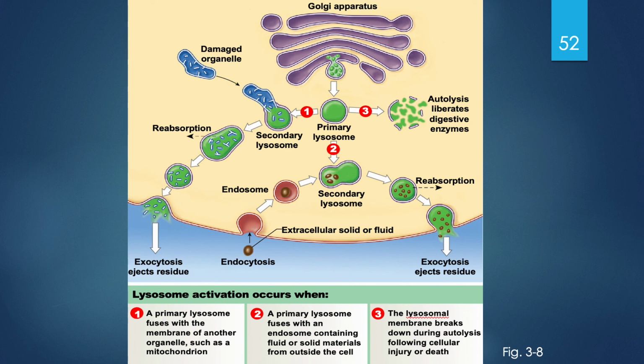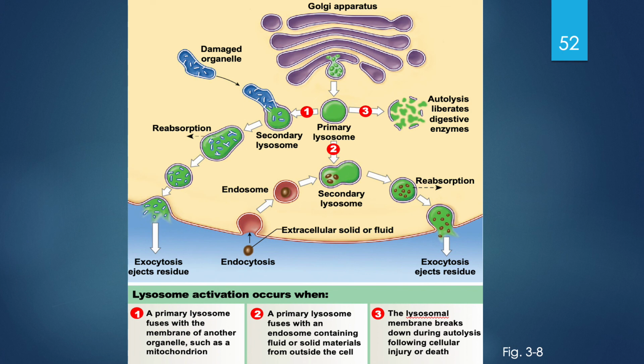The second thing that could happen is that the primary lysosome from the Golgi apparatus could also become a secondary lysosome because it comes into contact with something brought in from the extracellular fluid in a process called endocytosis. So that extracellular solid or fluid will come into a vesicle called an endosome. That endosome will fuse with a primary lysosome, creating a secondary lysosome, and then the product of that secondary lysosome can also potentially be reabsorbed back into the cell or expelled from the cell into the extracellular fluid in a